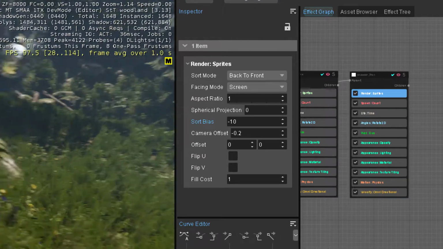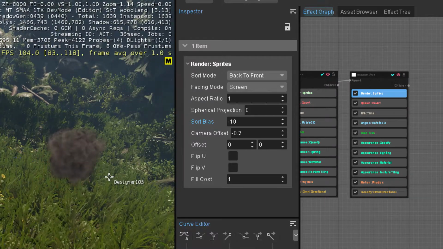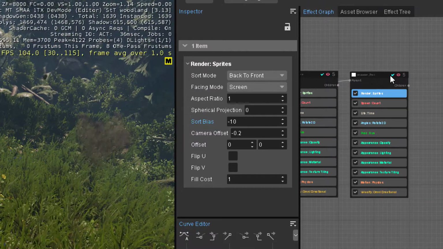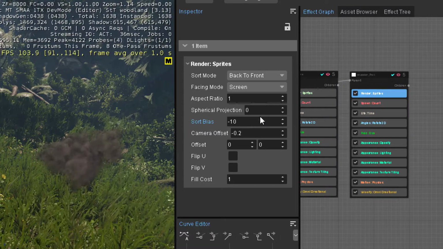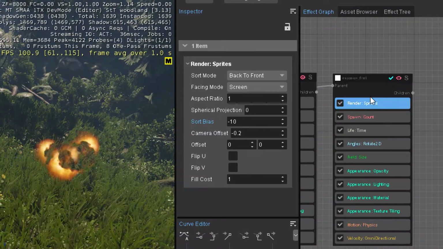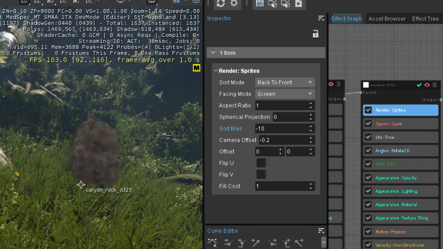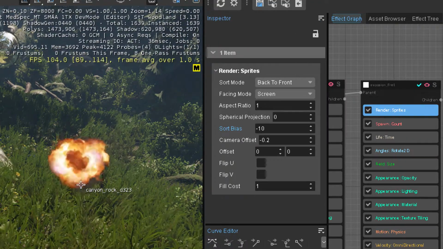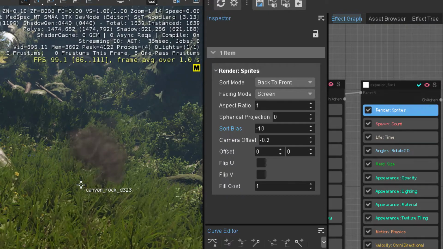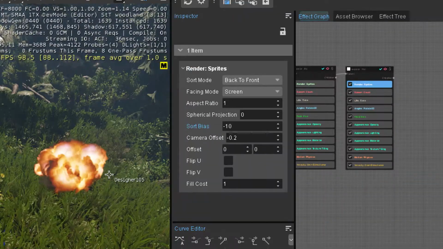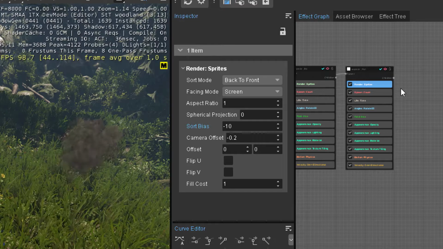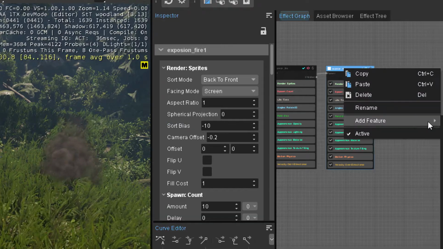Wait, I restart this. Yeah. So if the sort bias doesn't update for you, you can just disable the node and enable it again. It will do this update. So now the smoke is always behind the fire. This also looks quite unnatural because the smoke is now smaller than the fire was in the beginning. So we maybe want to add a feature,